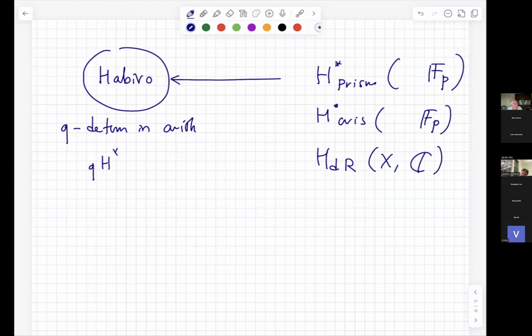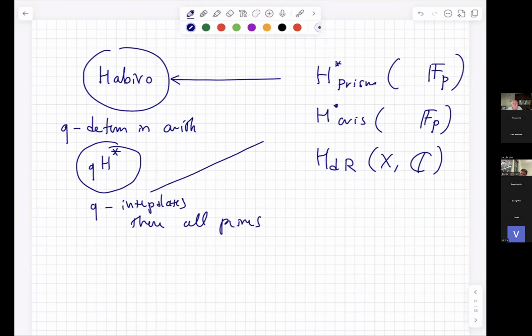So it's a version of cohomology which depends on Q. And this cohomology interpolates, so Q is a parameter which interpolates through all primes, in the sense that if Q is specialized to some root of unity, then this Habiro cohomology is supposed to reduce to something like prismatic cohomology associated with a prime P. Again, I cannot really read these papers, but on the nose, it at least sounds similar to what I was trying to say, because